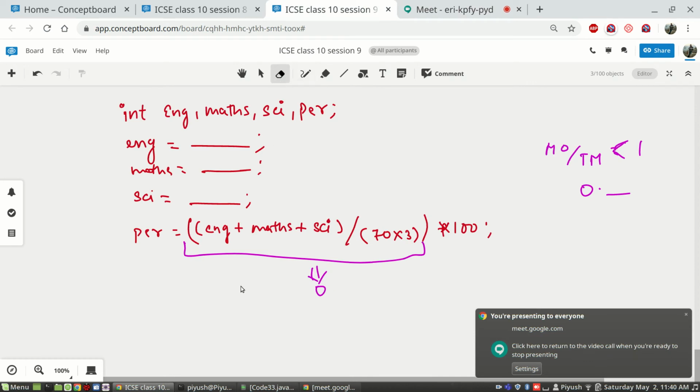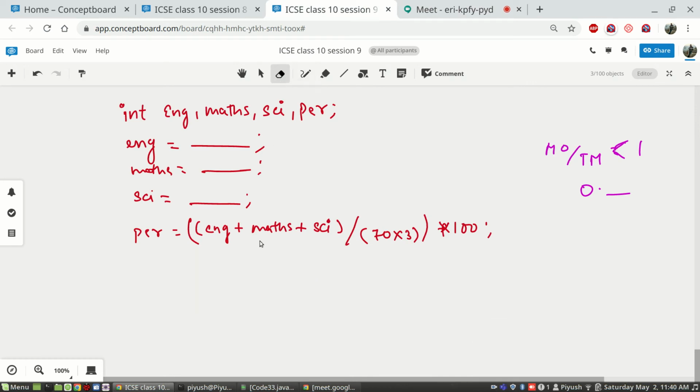It's better to assign it, not this, this is fine. You take double or float here. Here you will write int sc dot next float or next double, whatever you have taken.